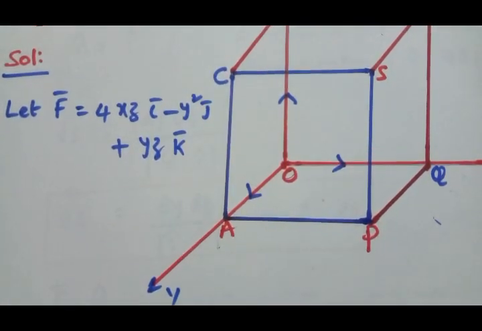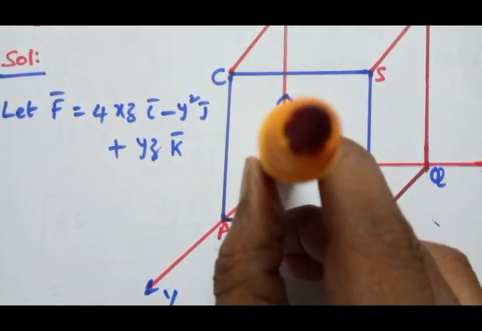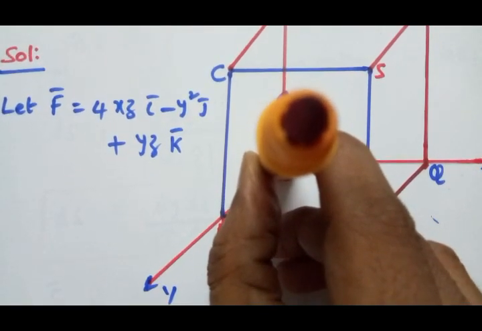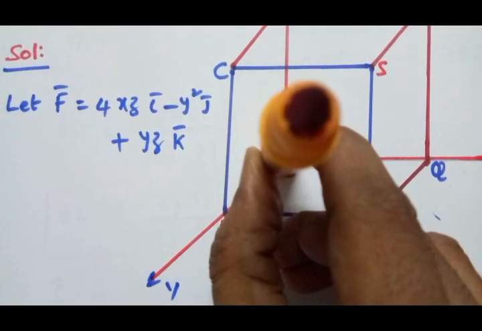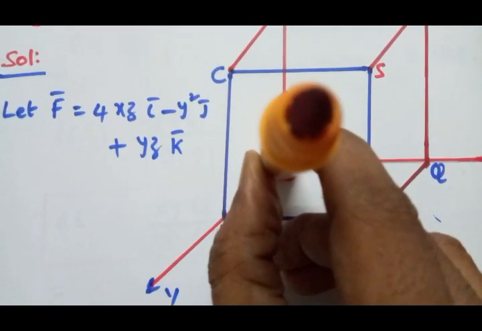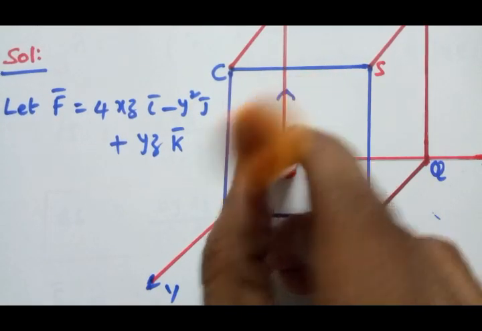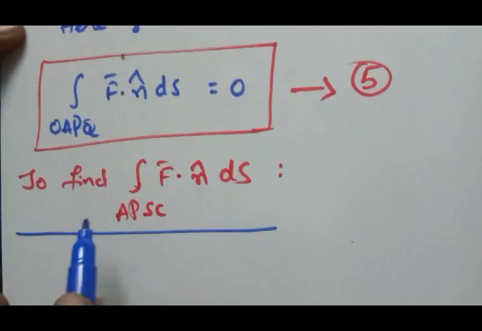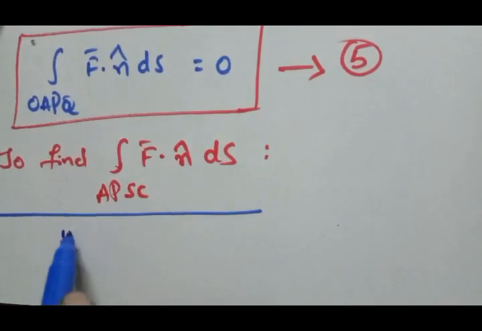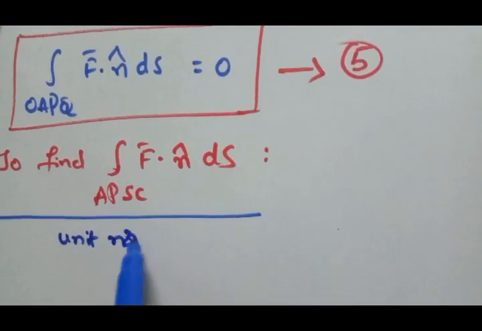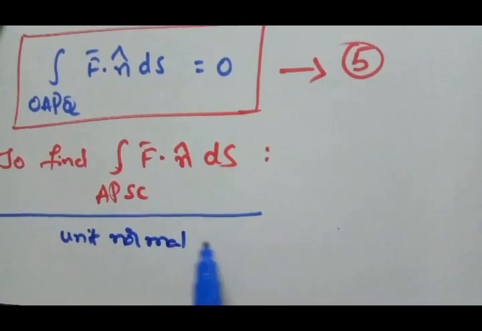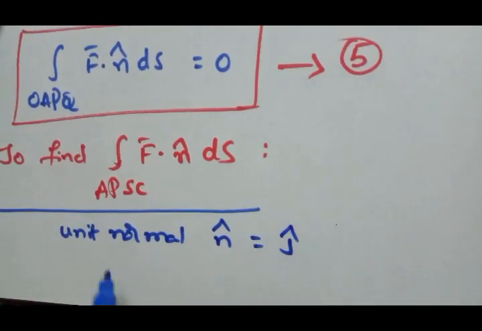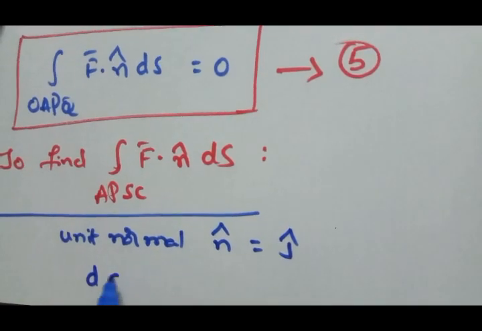For this, the normal is the y-axis. The unit outward drawn normal is j cap, since along the y-axis j cap is the unit vector at y equal to 1. Unit normal n cap is equal to j cap. Therefore, ds is equal to